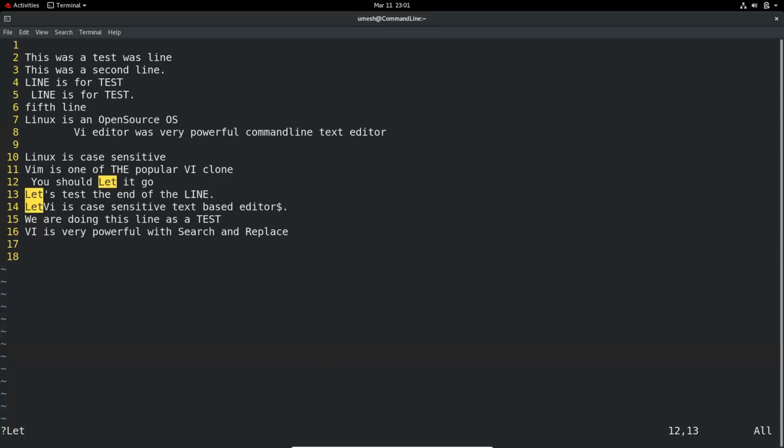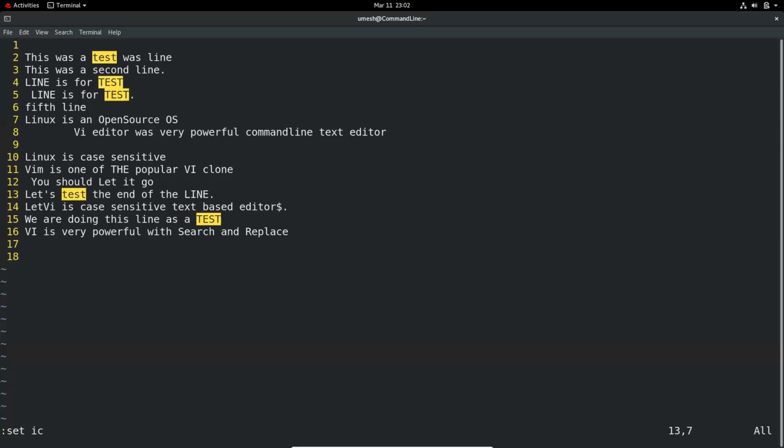Let's say, for example, I want to search the word test. It displayed the lowercase test, but not lines 4 and 5 because they have Test with a different case. So what I can do is go to the execution mode and type set ic. That will disable the case sensitivity.